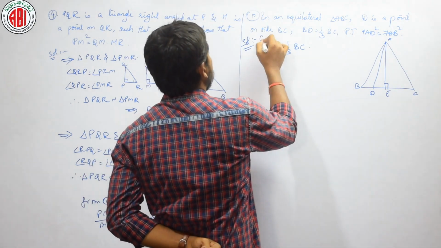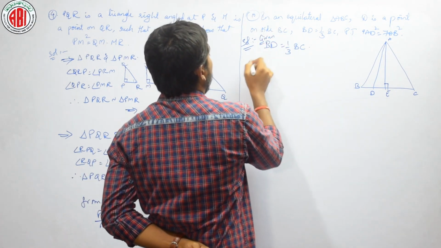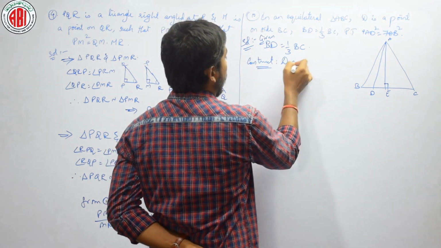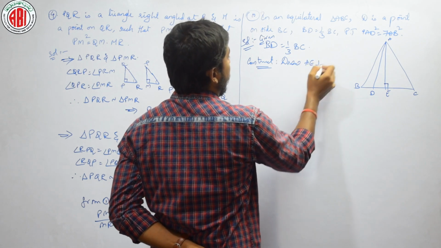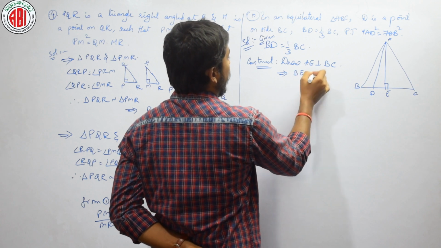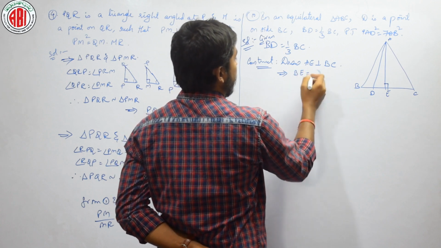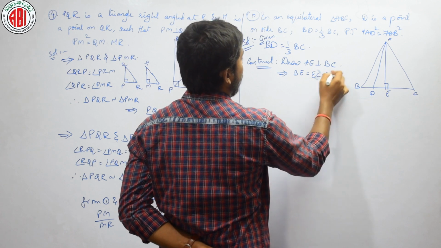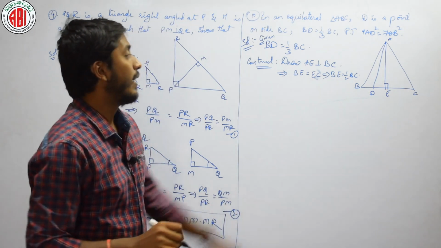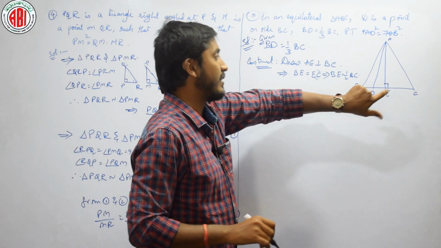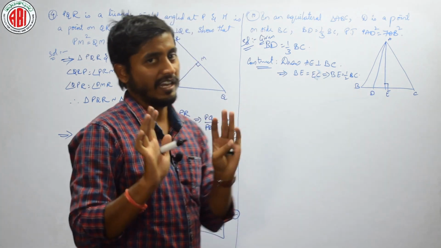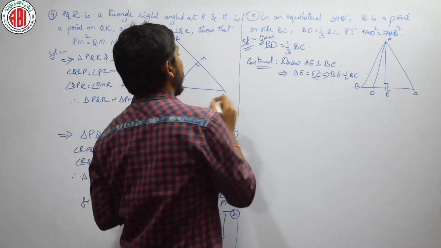This is given. Then let us construct, draw AE perpendicular to BC, so that BE is equal to EC, or else we can write it as BE is half of BC. Is it clear? BD is 1/3 of BC and what is BE? BE is half of BC. Those are the two given conditions for ours. Now, let us consider,